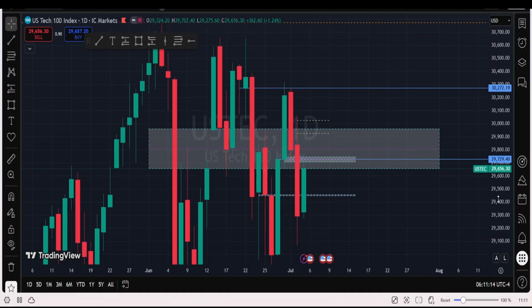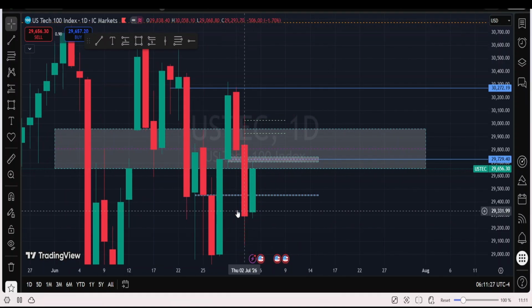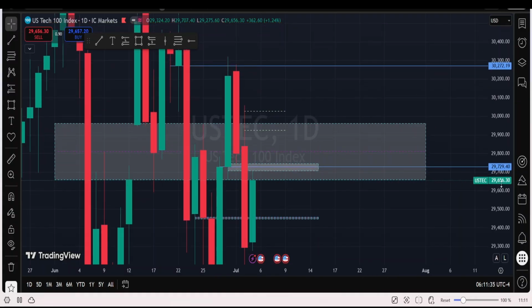So in our narrative, what are we looking at for Nasdaq? Like we said, let's still continue with the daily time frame. What are we expecting price to do? Price traded down after reaching the order block on the daily time frame. So we want to see price going back a little bit to respect this order block, also on the daily time frame, which is this level, and also fill this fair value gap which it created between the Wednesday and the Friday candle before we see more drop.